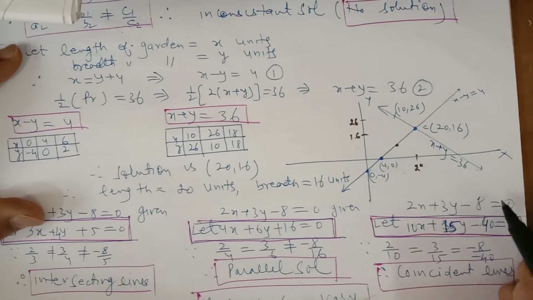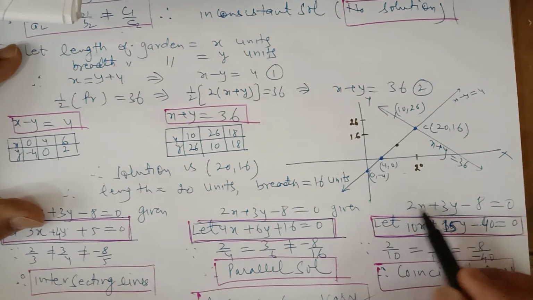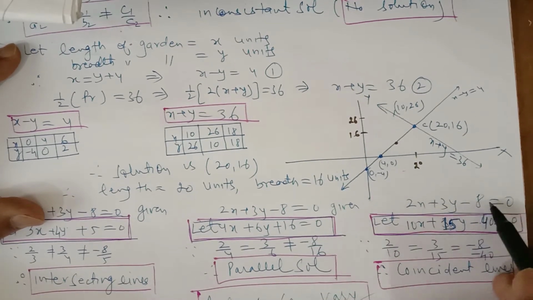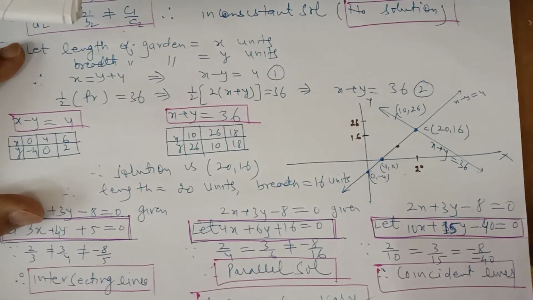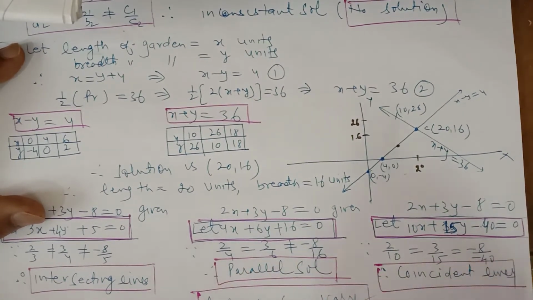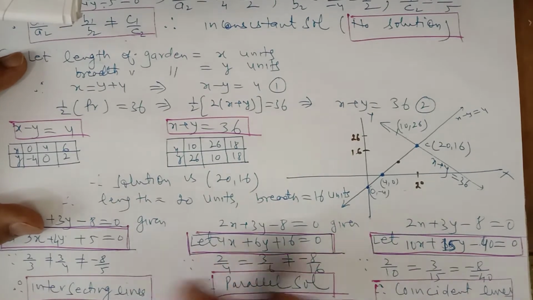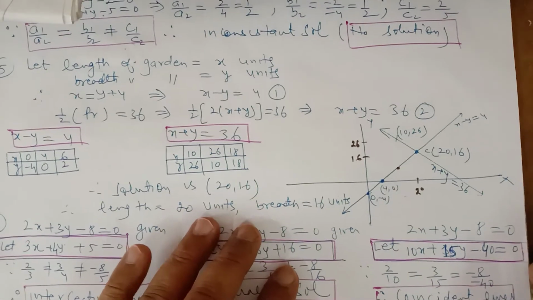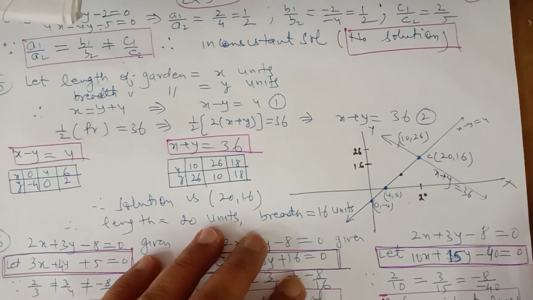Now it's simple, you can multiply this equation by 2 or 3 or 4 or 5, and you'll always get a coincident line. I multiply this equation by 8, so the ratios will all be equal, so it will be a coincident line. The answer can vary. You can give any other example that satisfies the given condition, for the intersecting line, for the parallel lines, for the coincident line. For the intersecting line, the ratios should not be equal to each other. For the parallel lines, the first two ratios should be equal, and for the coincident lines, all three ratios should be equal.